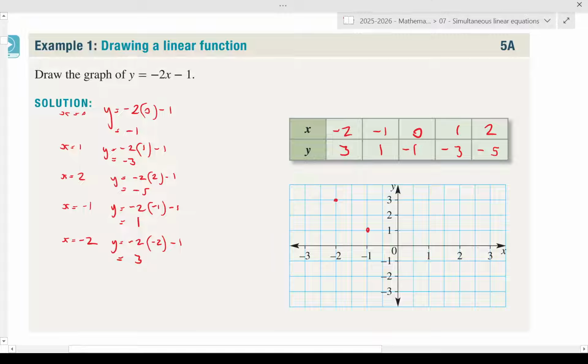I'm tired. 0, minus 1, which is there. 1, minus 3, which is there. And 2, minus 5, which would be down here, but we don't have space for it. So that's what it looks like. And so we would then draw a line through those points using a ruler. And there you go. We have now drawn the graph of